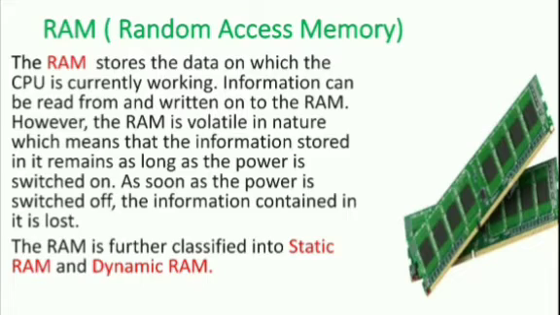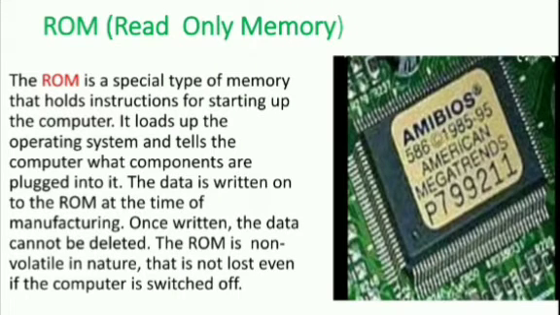The RAM is a read and write memory. That's why whenever we need it, we can modify our information. RAM is a read and write memory which stores data until the machine is working. In this memory, contents are lost when we switch off the computer, or if there is any power failure. The RAM is further classified into static RAM and dynamic RAM.